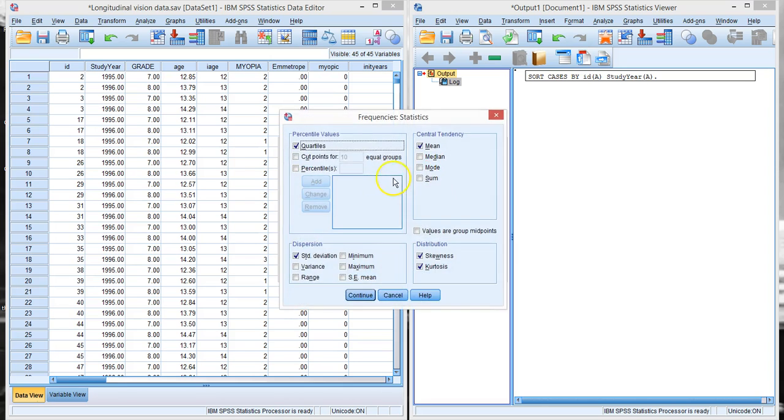We can also put in the percentiles. The AMA likes, if you're not going to do mean and standard deviation, they like the 15th, 50th, and 85th percentiles. They like that because if you think about it,